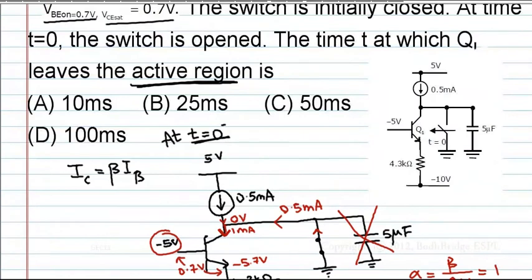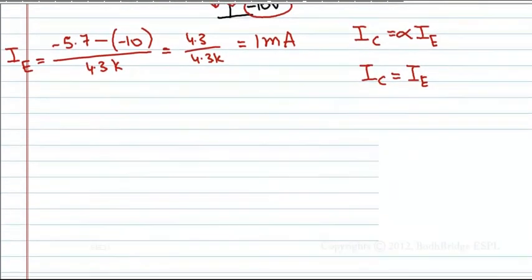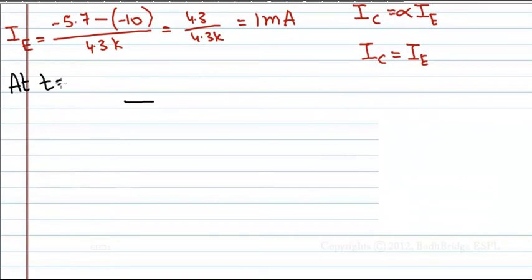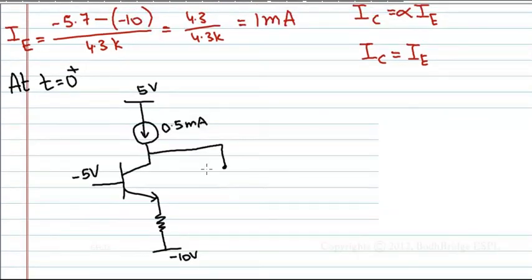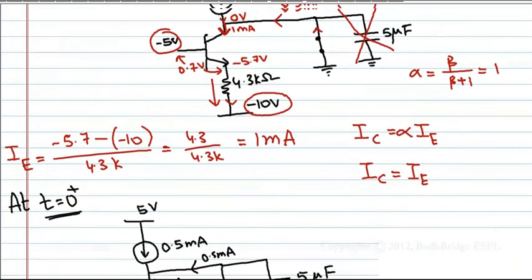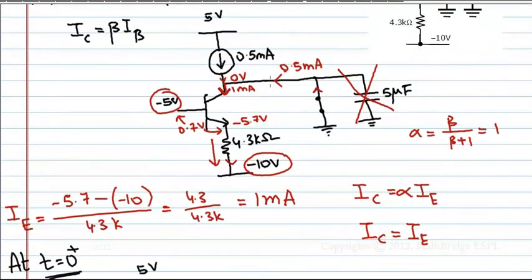Now at t equal to 0 plus, we will analyze the circuit. I am drawing the t equal to 0 plus situation. At t equal to 0 plus, how much is this? 5 volt it is giving and this is 0.5. Since at t equal to 0 they have removed the switch, it is open. I am drawing at t equal to 0 minus, we had this situation where 0.5 milliampere is coming from here.